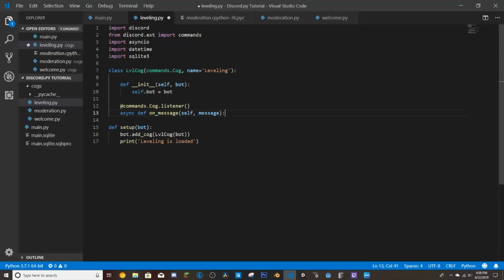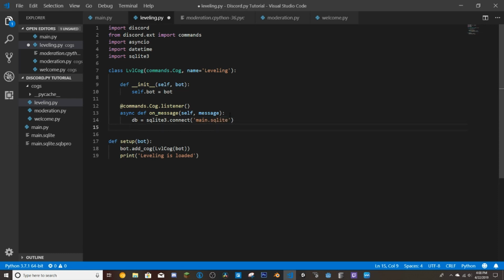So once we have our event here, we're going to want to do main equals, well, let's keep it simple. Let's keep it short. db equals sqlite3.connect, and then we're going to connect to our main file here. And then we do cursor equals db.cursor, and cursor.execute, and then we're going to want to do